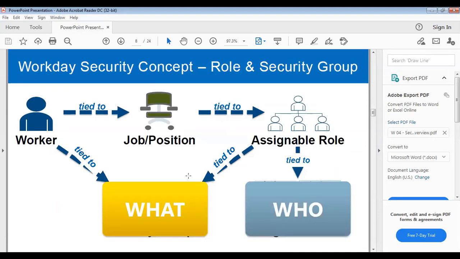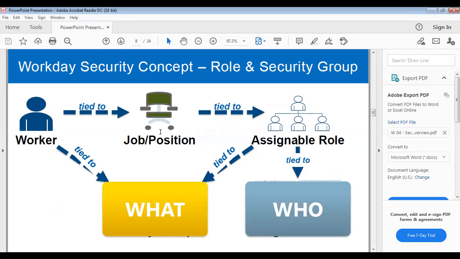Now, what is the concept behind Workday security? Let's consider any worker, and the worker is tied to a position, yes or no? The position is related to a role.